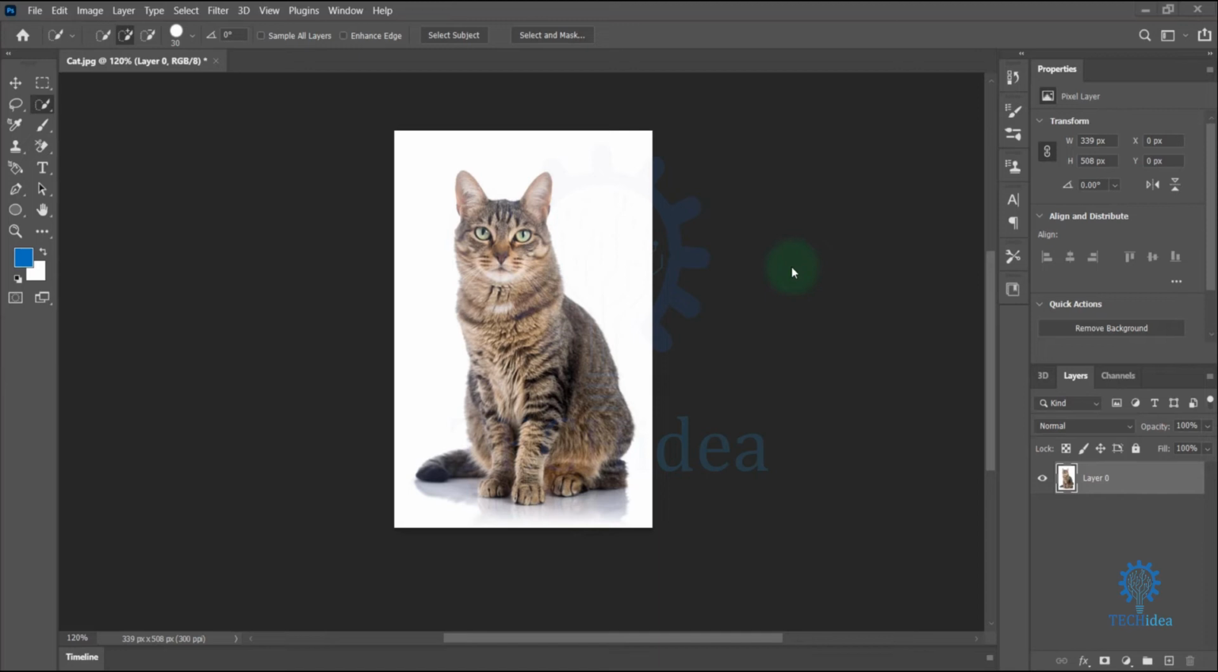Hi, today we are going to see how to remove background in Photoshop. First, open your photo that you want to remove the background from. If you have a complex background, then you can use the pen tool for removing the background, but as it is a simple